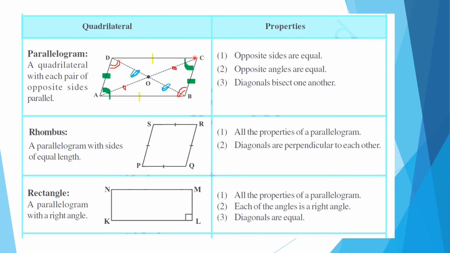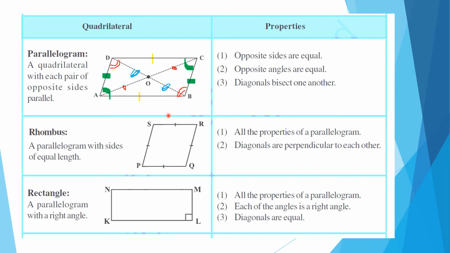So in the same way, there are many pairs of supplementary adjacent angles, like A plus D is 180, A plus B is 180, B plus C is 180, C plus D is 180. So one pair is A and D, A and B, two pairs. Third pair is B and C. Then the fourth pair is C and D. So these all measure 180 degrees. These are the various properties of a parallelogram which you are going to use in your exercise 3.3 as well.